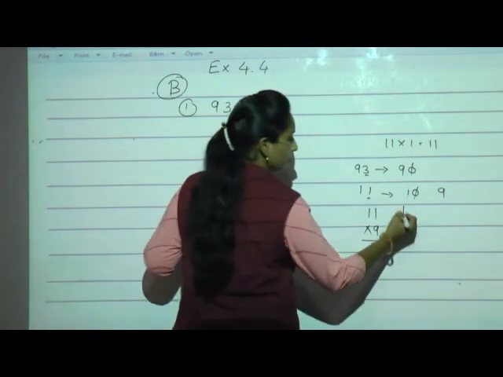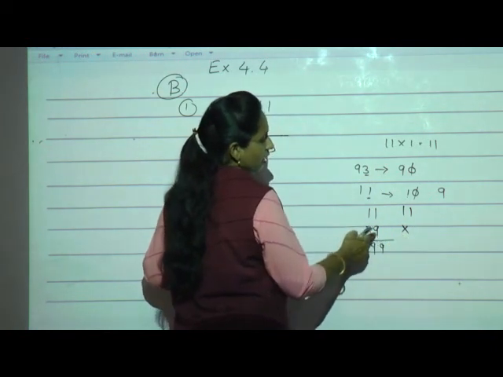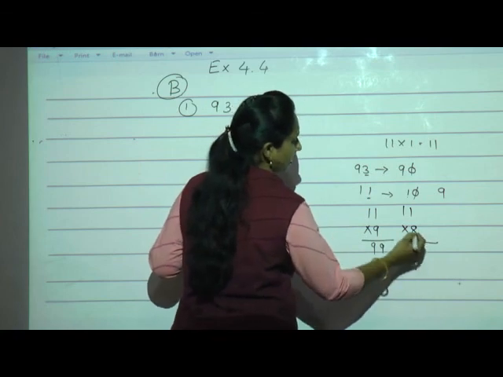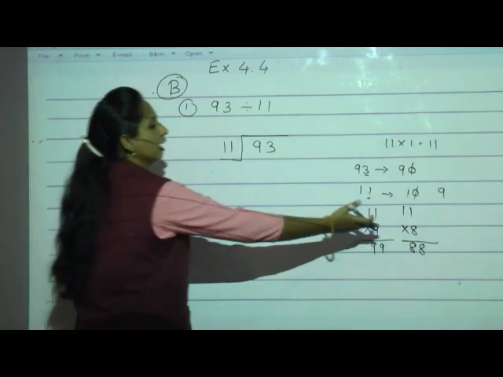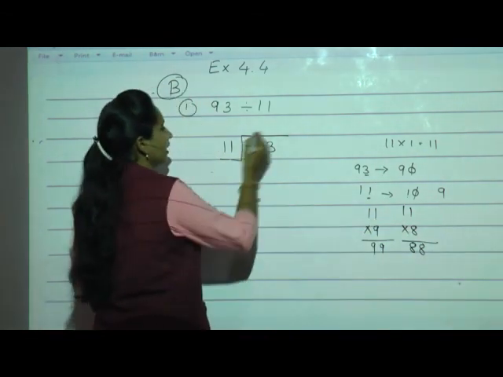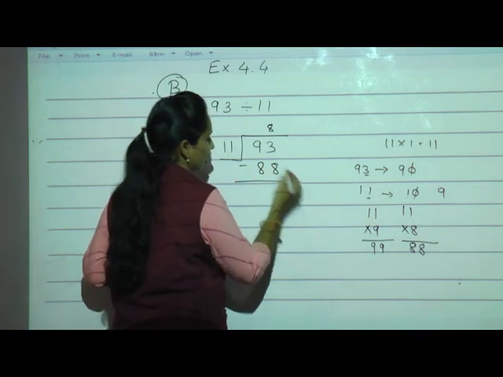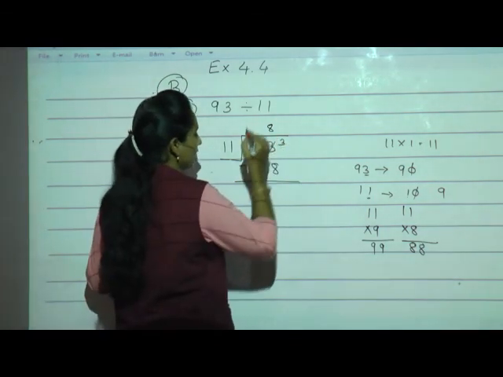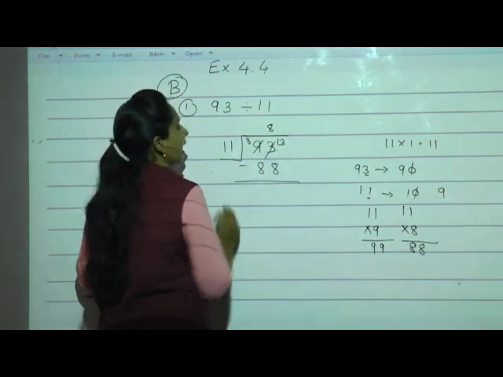So what will we do? We will go with one less than this number. 9 is there, so we will try with 8. 8 ones are 8, 8 ones are 8. 88. Now we have to take 8 only. Now 11 times 8 means 88. Now subtraction. 3 minus 8 we can't do. Cut the 3, write it as it is. Take a borrow from the neighbor. The neighbor has 9. He will give 1. 8 will remain.